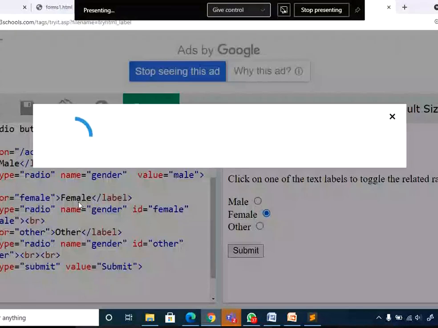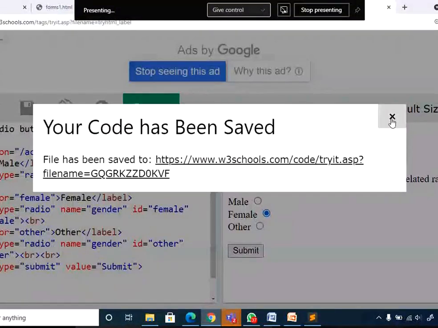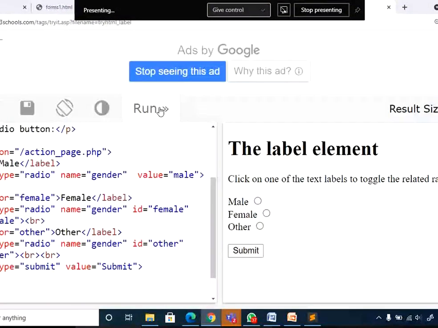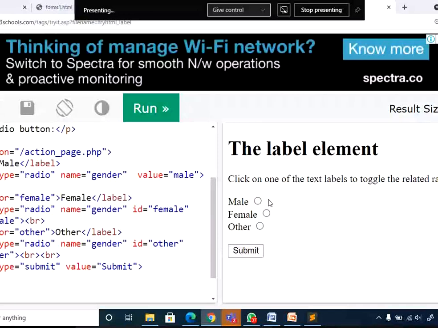Now observe, I'm clicking on female. This radio button gets selected. Can you see? It is highlighting the input element. But when you specify it without for, there is no relation between this input type and the label. Are you getting it? When you want to give a relation between the label and the input type, you need to use the for. Observe the first one is not given, the second one, female, has the option given. That for is acting as an ID to the label, and the same ID name you specify for the input type, and accordingly it is going to select it.